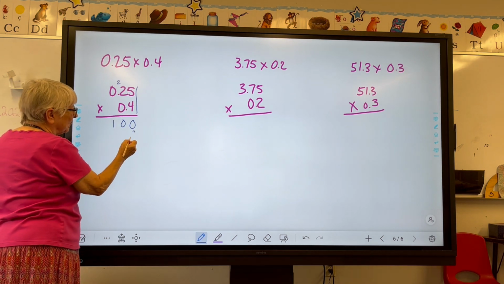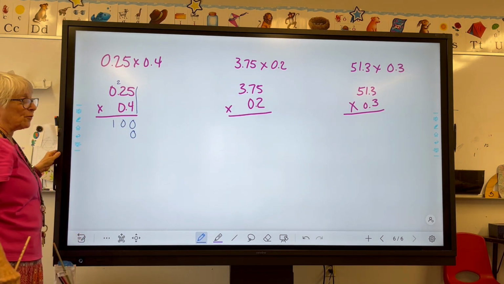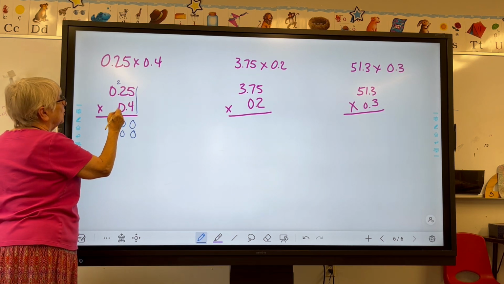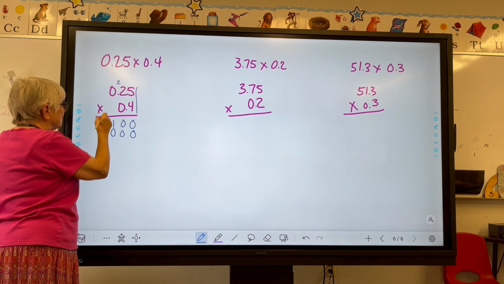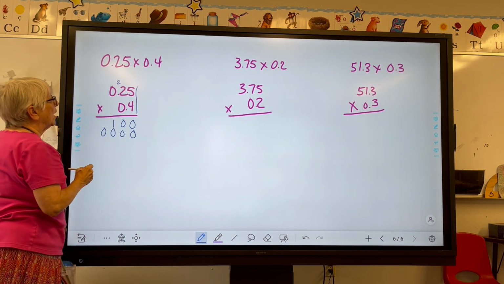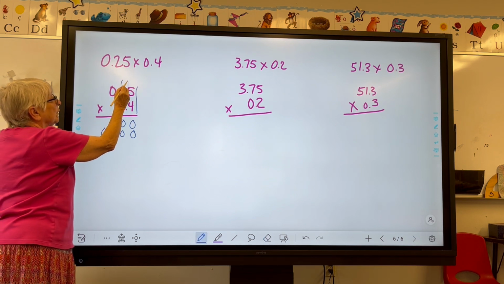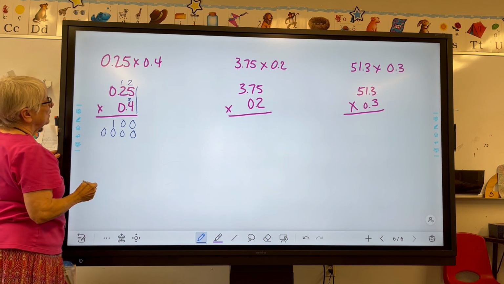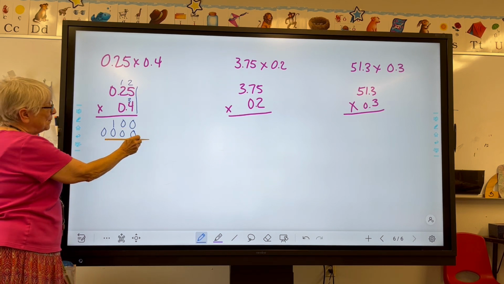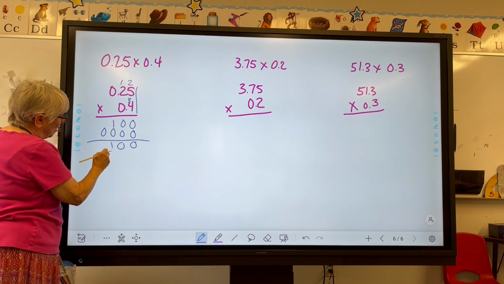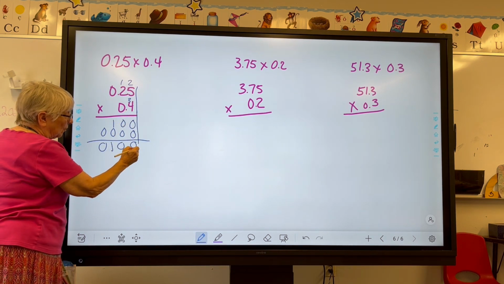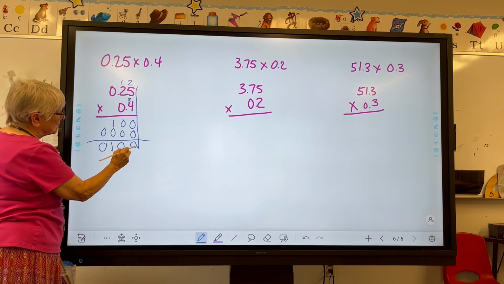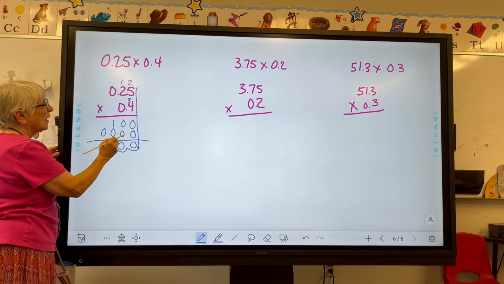Now I can go ahead and fill in my place under the column on the right, and I can multiply by 0. 0 times 5 is 0. 0 times 2 is 0, and 0 times 0 is also 0. Now I count. 1, 2, 3. There's 1, 2, 3 numbers after the decimal. So I move the decimal back. It goes right here where I've lined up the numbers. Then I move it back 3 places. 1, 2, 3. And it's